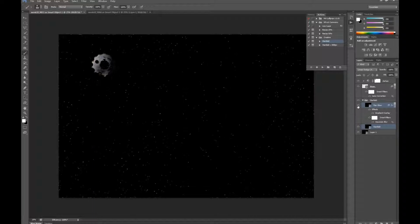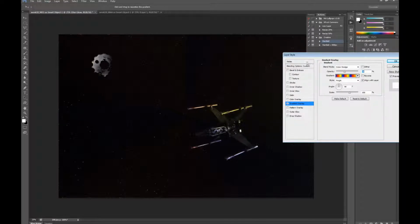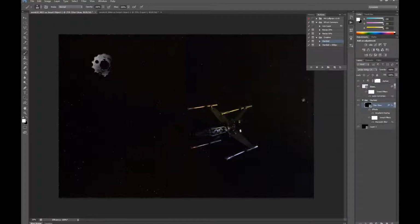And there's the star field. I'm not sure why it created two. I'll have to go back and look at that, but there's the little star field, which is randomly generated. I'm going to go back in here and get rid of this one. I don't need that. Go into the gradient overlay again. I'm just going to lower that down just a little bit and hit OK, and then